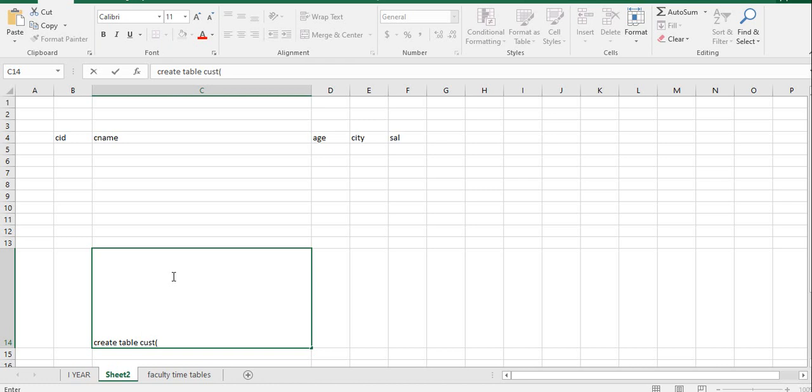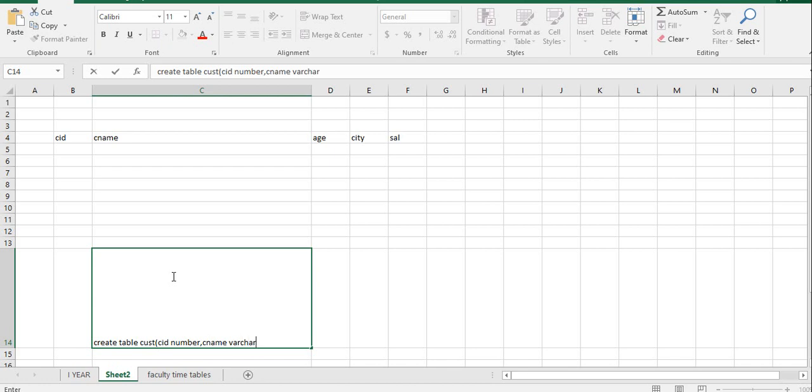Open the bracket. As per the syntax, first you have to specify the column name. The column name is CID and you have to specify the type of the value. So this is the type number. CID we enter only numbers. Next, the second column is customer name. The type is varchar.